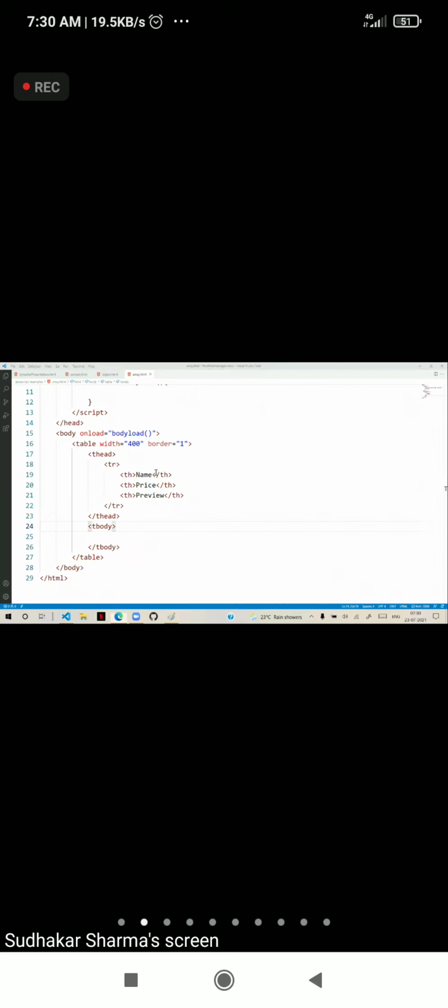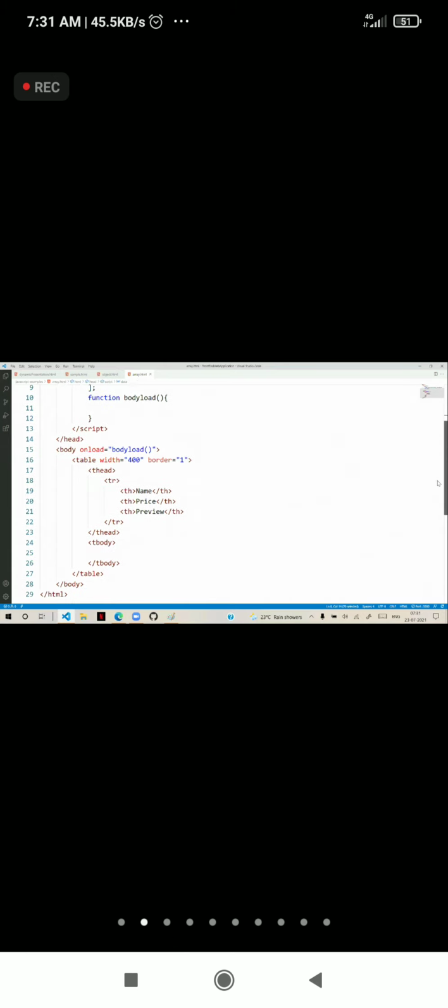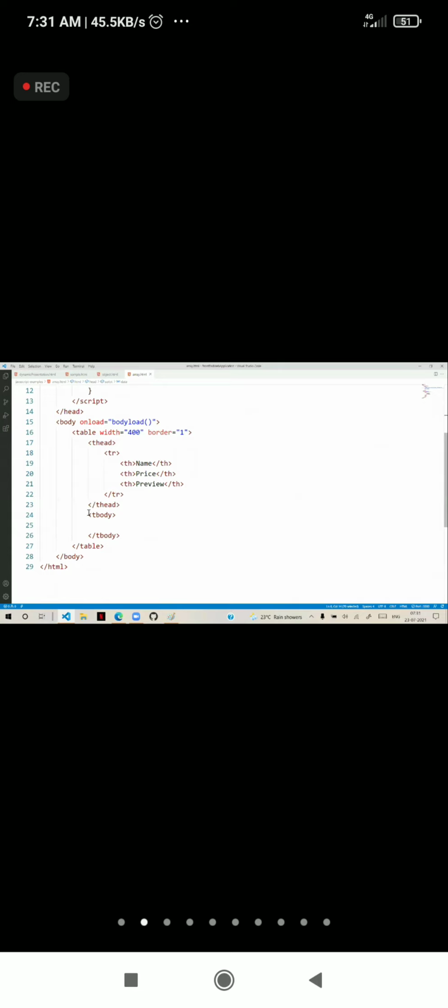Into the table, we need to present the name, price, and preview. That means we need to dynamically generate a table row for every object. For every object, we need to generate a row, and that row must be displayed inside the table body.